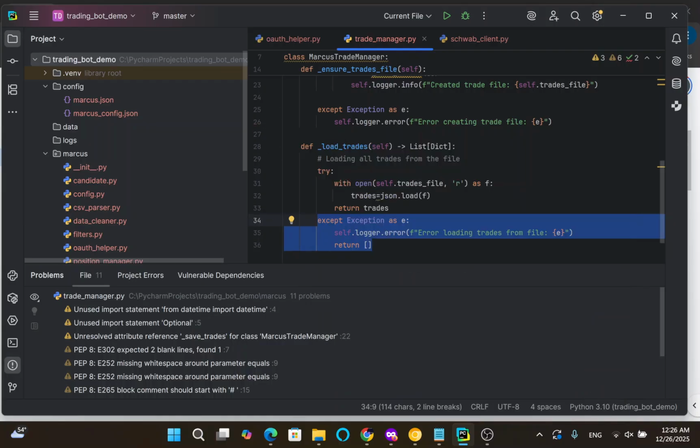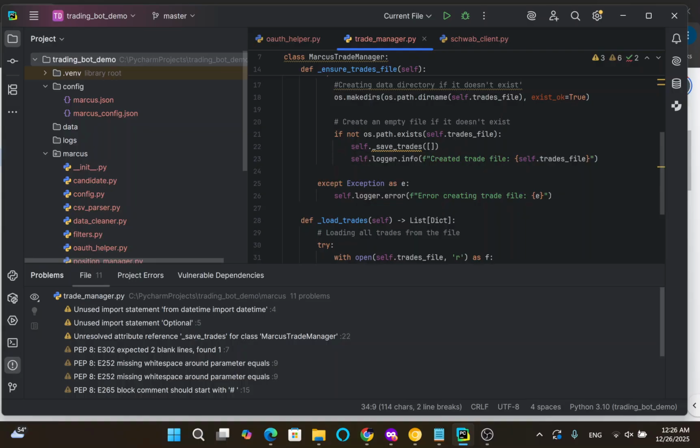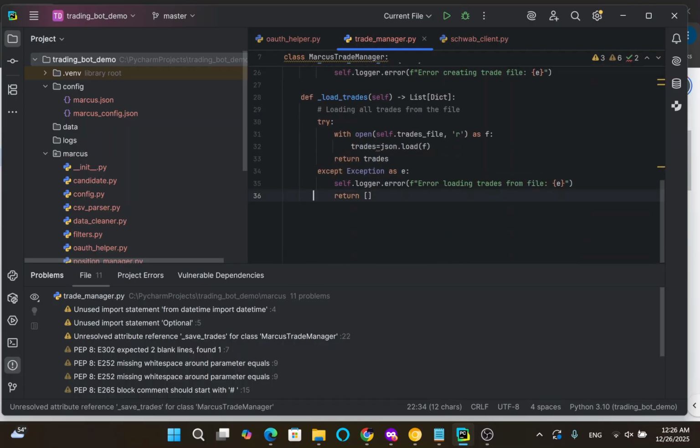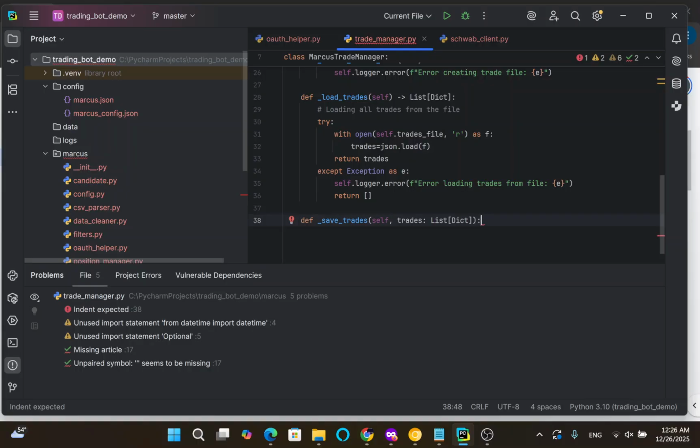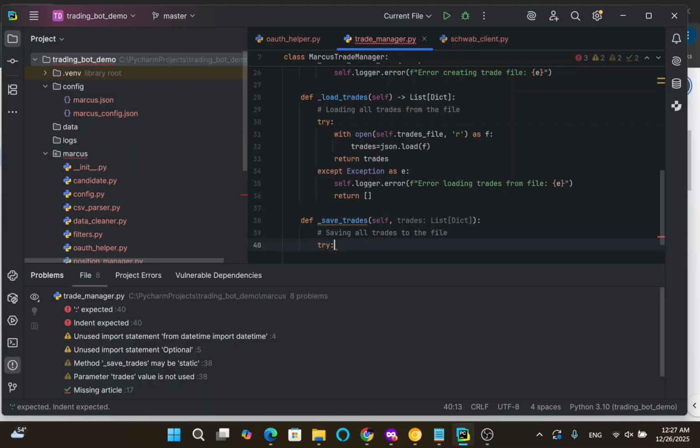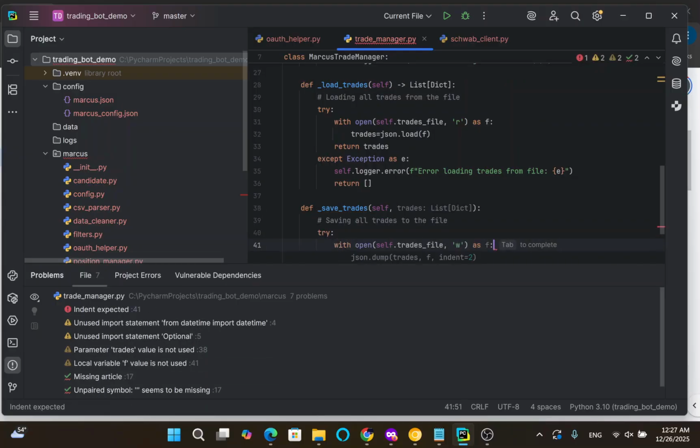And the last method for today, we already mentioned save trades method. Now let's create it. Method save trades self, trades which is a list of dictionaries, saving all trades to the file. Try, with open self trades file